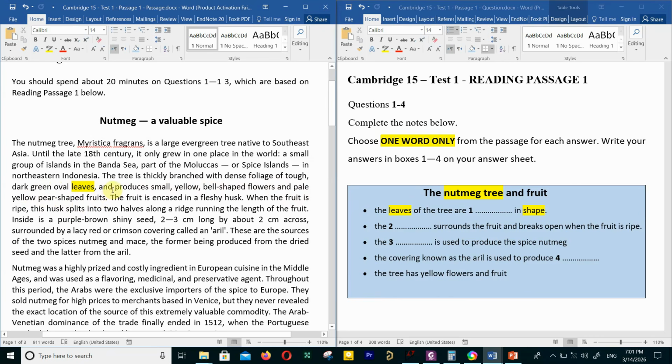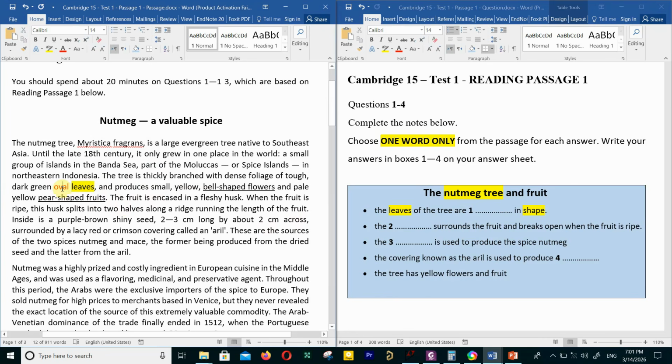Okay, now what is the shape of the leaves? Actually, bell-shaped flowers is relating to the flowers, not the leaves. And the pale yellow pear-shaped fruits, it's about pear-shaped fruits, not the leaves. So the leaves of the tree are oval in